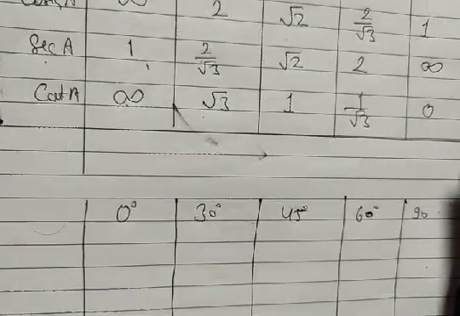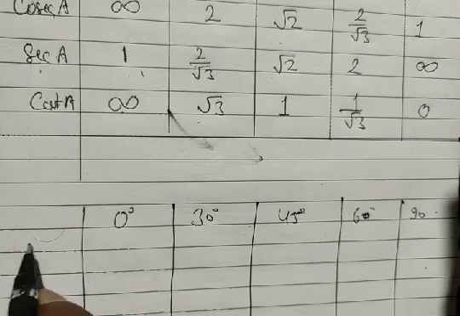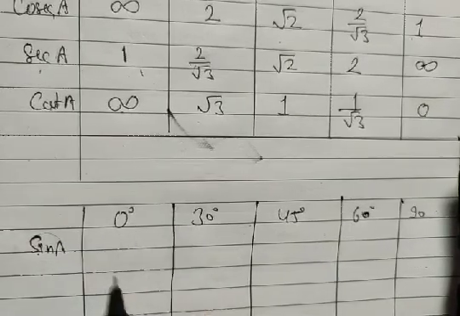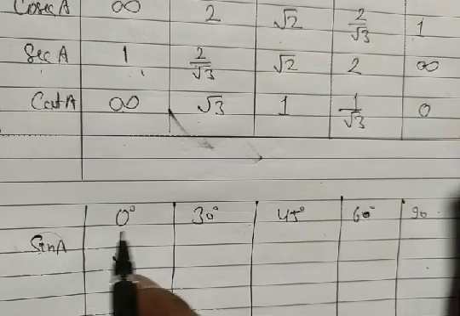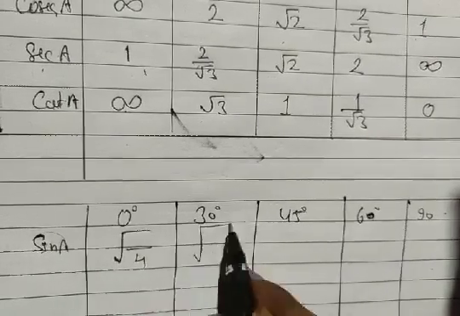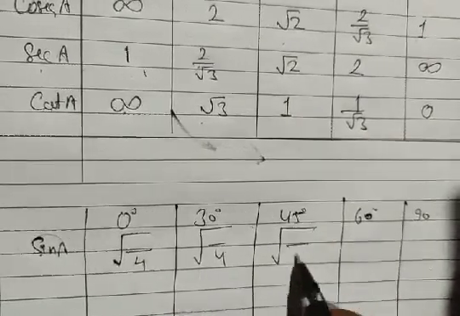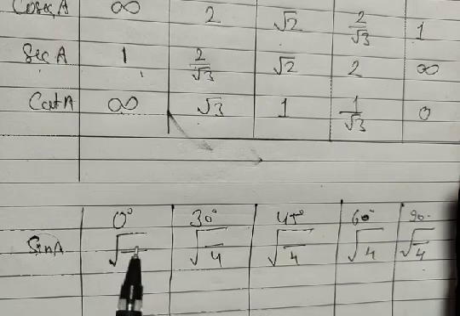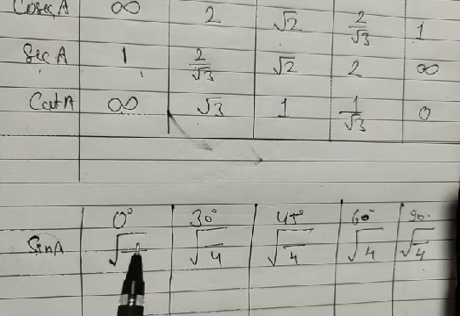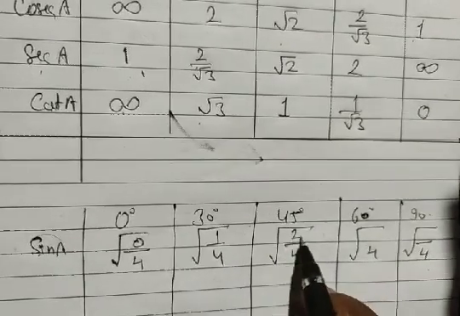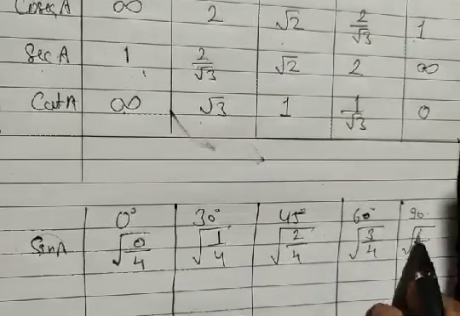But you boost your memory to learn it. I'm just going to explain the values. Just take sine. We have to find sine of 0 here. Just look at what I'm going to do. Just take a square root there and take 4 in the denominator. Now we are going to write in the numerator the values from 0 to 4. Here we have 0, then write 1, here 2, here take 3, then write here 4.